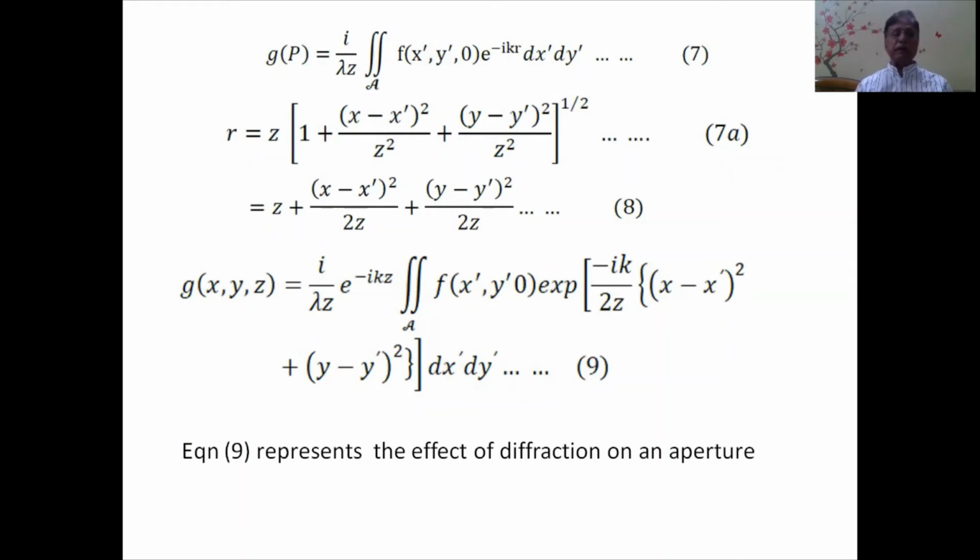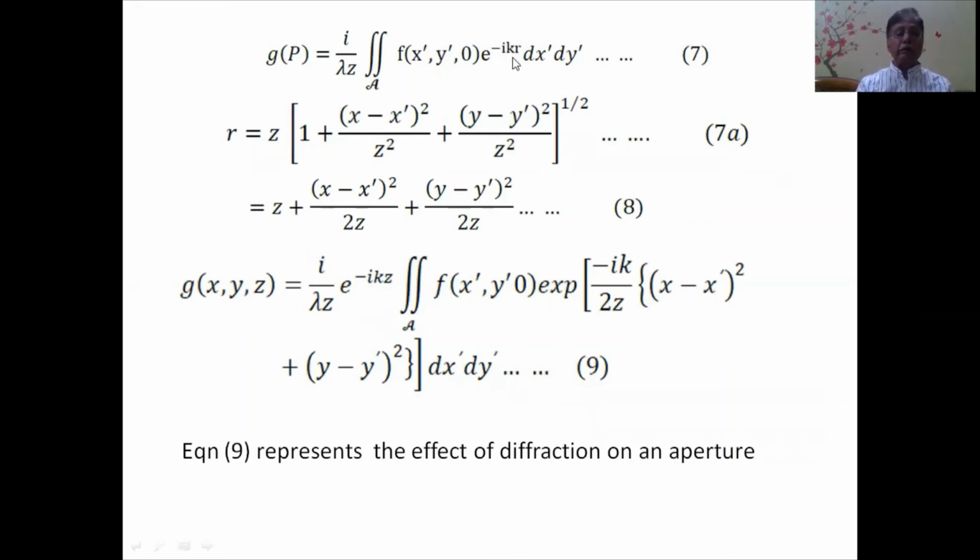A binomial expansion can be made out of this, and therefore r could be written as z plus x minus x dash whole square by 2z plus y minus y dash whole square by 2z, by expression 8. Therefore, if we substitute this value of r in the above expression for g p, then g at x y z can be written as i by lambda z e to the power of minus i k z, because